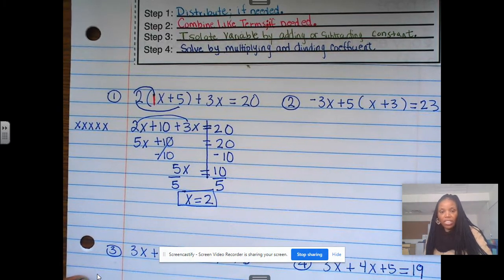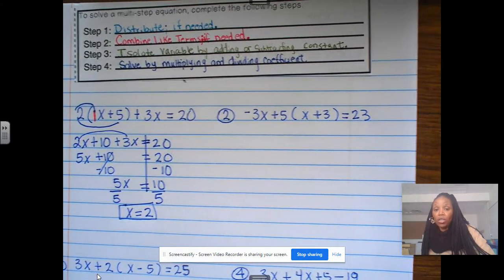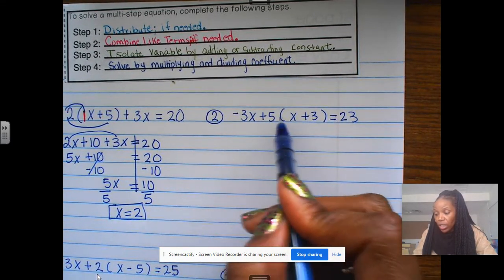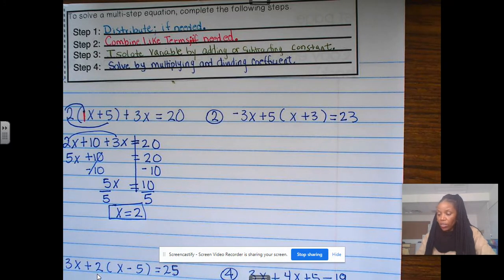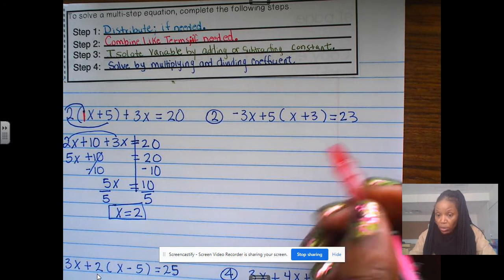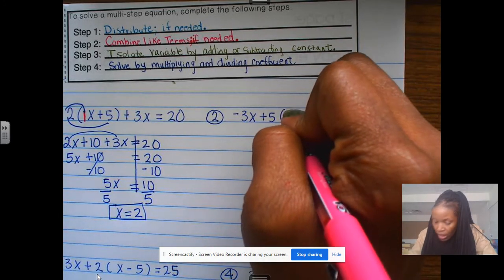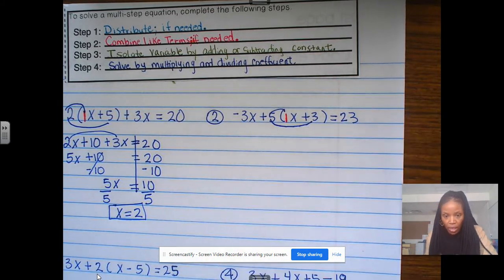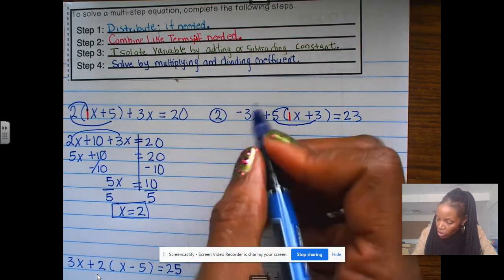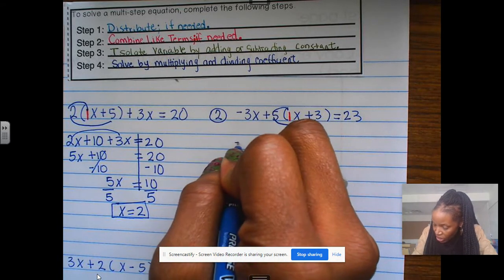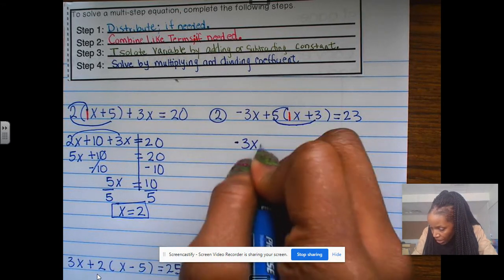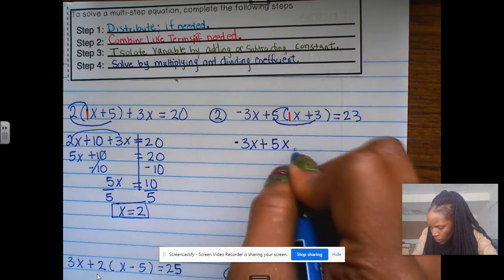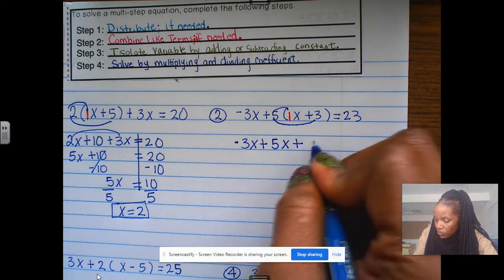Okay. It doesn't matter where the distribution is, as long as you do it. So again, I'm analyzing my problem. I'm looking, and I do have a number in front of a parentheses. I do have a variable with no number in front, so I'm going to insert my invisible 1 there. And then I'm going to draw so I make sure that I get everything. Okay? So now I'm going to rewrite this. I'm just bringing my negative 3x down. That's the first thing I see. Put my plus sign, and then I'm multiplying. 5 times 1 will give me 5. x goes with it, plus sign, and then 5 times 3 will give me 15